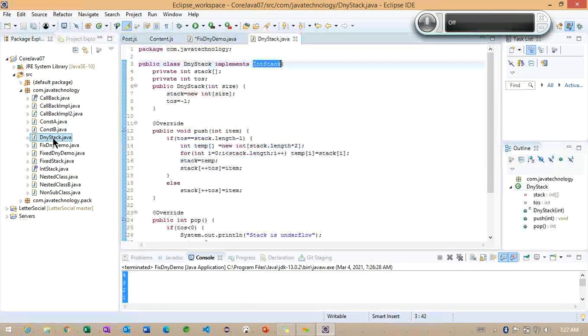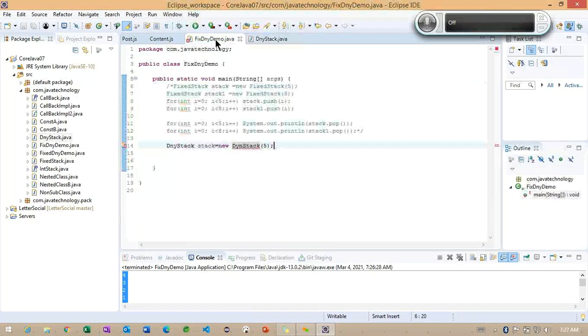So there is no default constructor. Okay. And I'm going to create one more with the same size 8 here. The difference here is how exactly we can change dynamically.